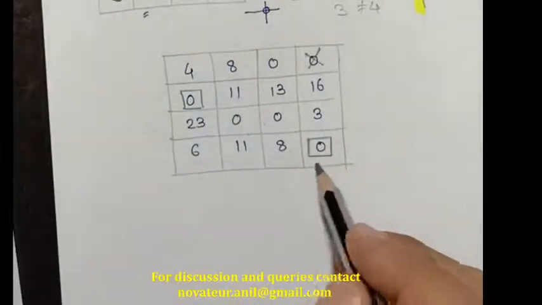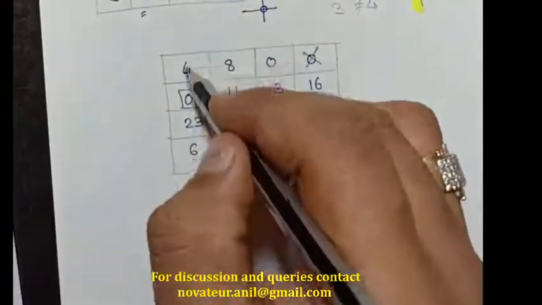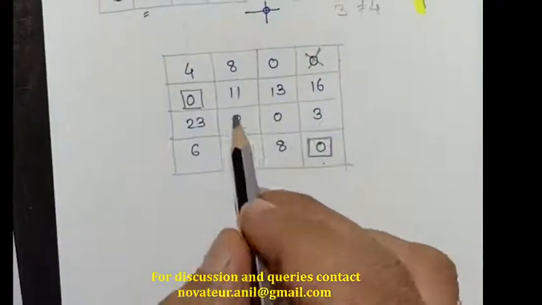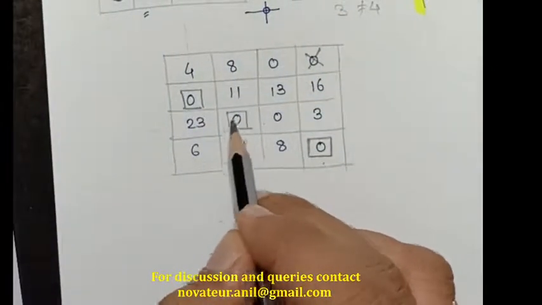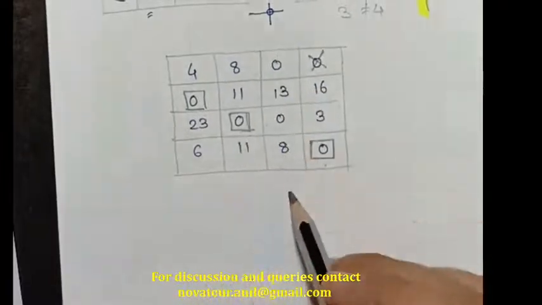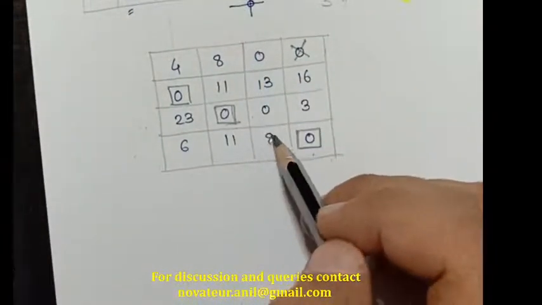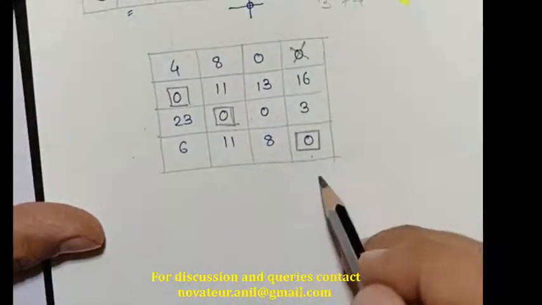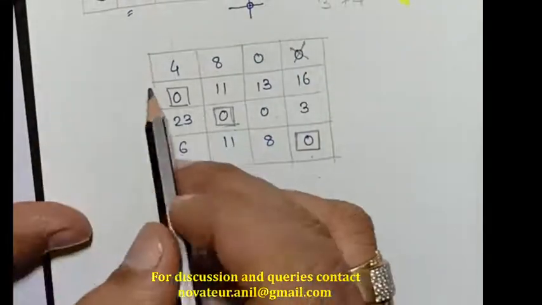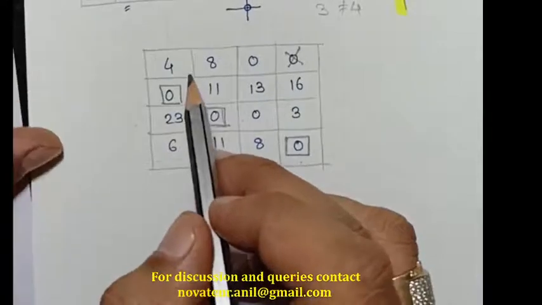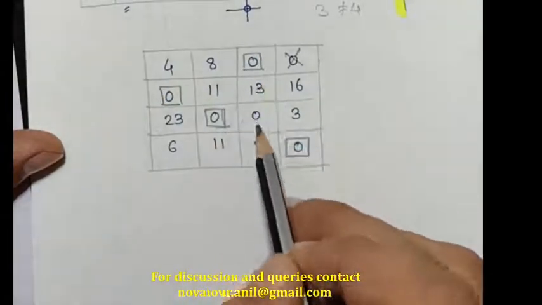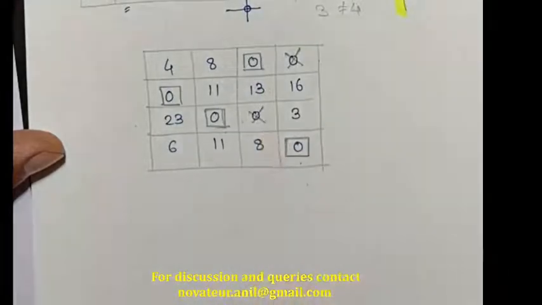Again my row operations are done, so I'll go to column 1. In this column I got nothing left because it is already assigned. In column 2 I got 1 zero left, so I'll assign this. I'll go to this column. Again there are 2 zeros available, so I'll skip this column as nothing remains. Again I repeat the operations. I'll go row first. Again I found this, so I will assign this, and the adjacent will be crossed.